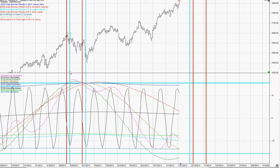2013, and it's Venus, and this is an interesting one. It's the light blue line I'm looking at here. So it went out of bounds on May the 24th, 2013, and came back from out of bounds on June 20th, 2013. So really between these two blue lines. And what happened during that period? It was going up, changed the trend and moved down. And then when Venus was back in bounds once again, prices started moving forward. It doesn't always do that, but if you look in here, it gets quite volatile. That's what seems to always happen when these shorter term planets, Venus and Mercury,